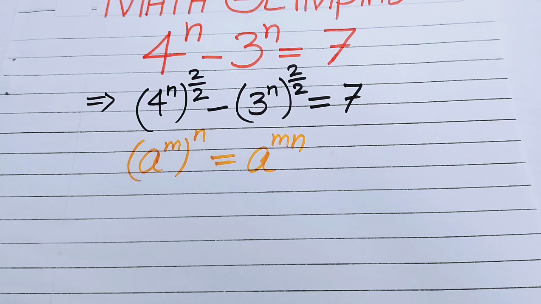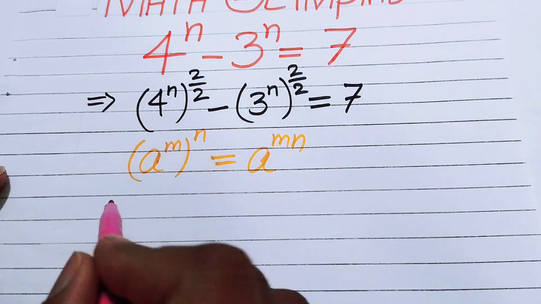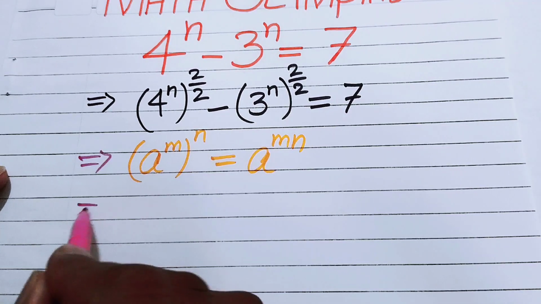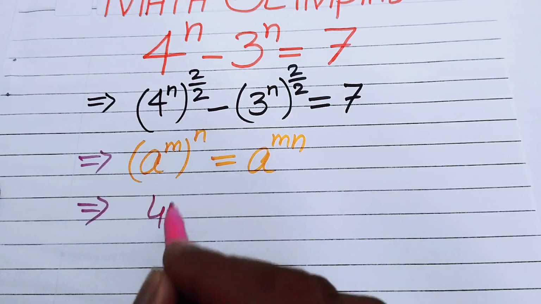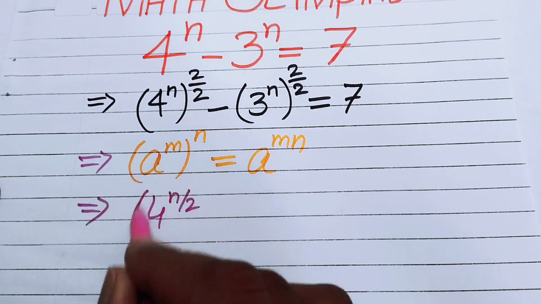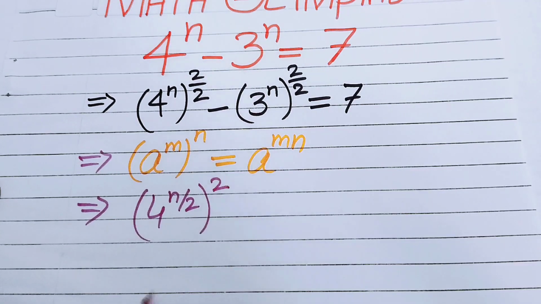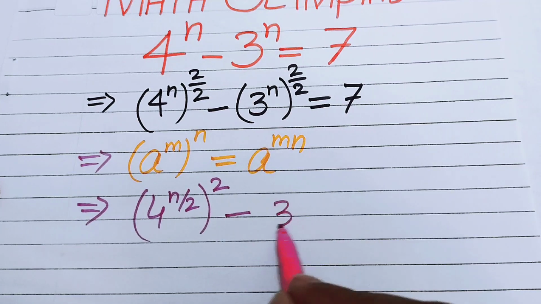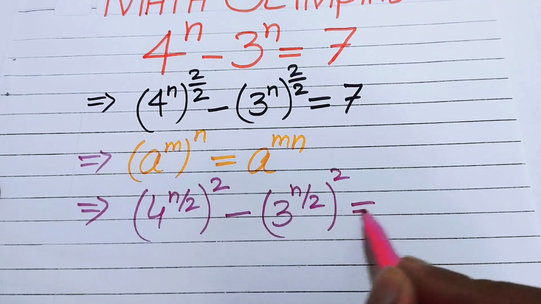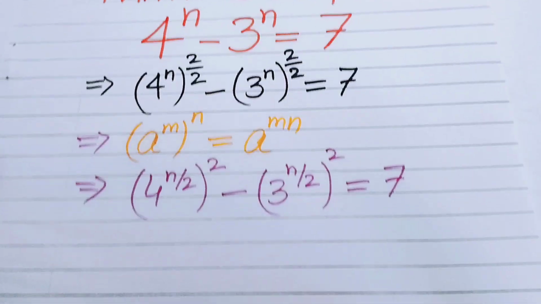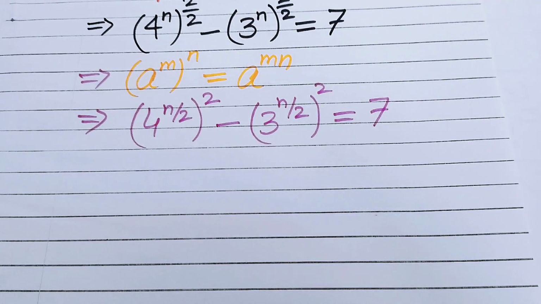So according to this law, we will write our above expression as, so here we multiply this 1 over 2 by n, and you will obtain 4 to the power of n over 2 and its whole squared minus 3 to the power of n over 2 and its whole squared equals 7. In the next step we will use the nice square identity, and after applying the identity we will